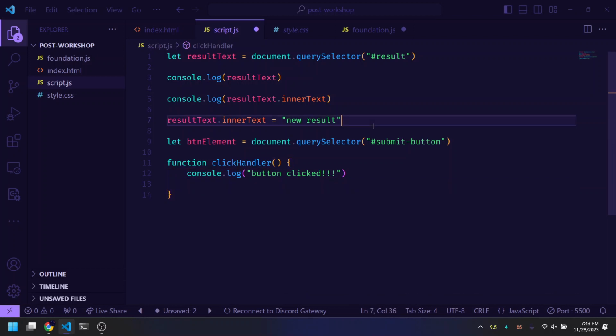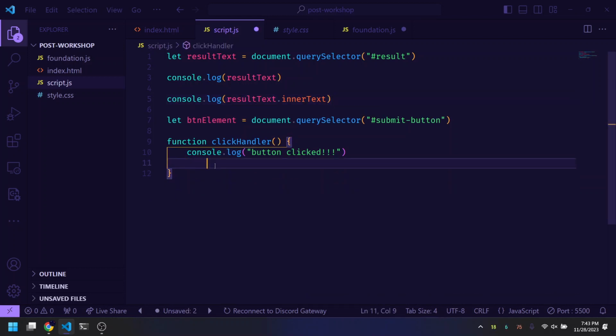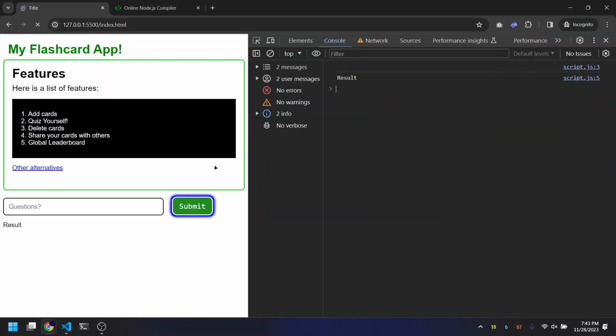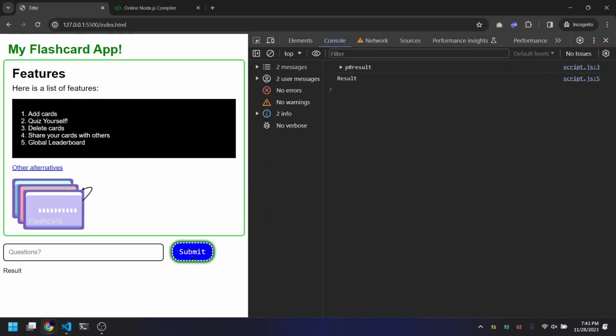And then we're going to also update our result text. So I'm going to remove this so we can see that it's getting updated. Result text dot inner text equals clicked, exclamation point. So if I go here and I click our submit button,